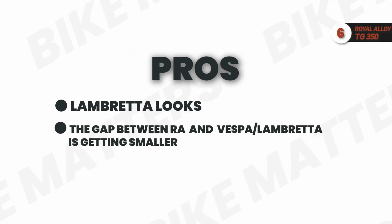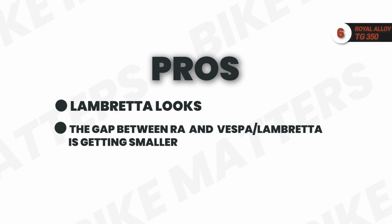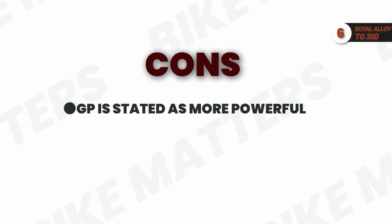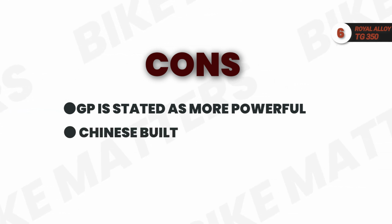Onto the pros, and it has all the Lambretta looks we love, and the gap between Royal Alloy and the likes of Vespa and Lambretta are getting smaller and smaller each year. Onto the cons, and the GP is stated as more powerful, and it is obviously Chinese built, which won't be